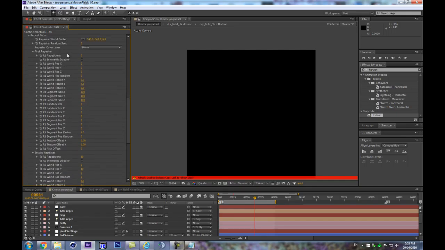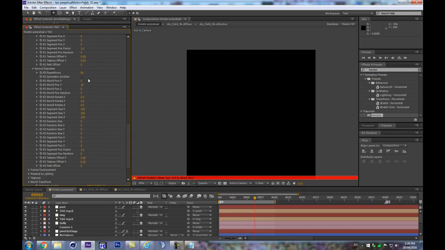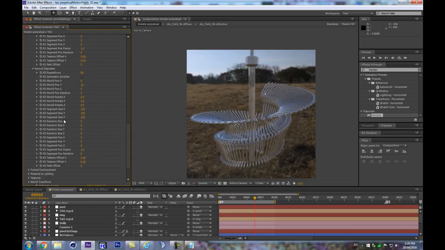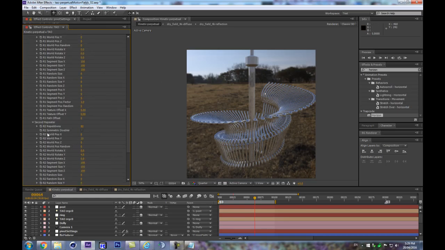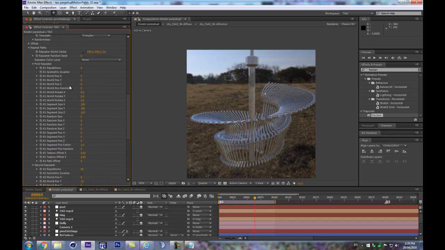But if we did change other stuff, we would translate them onto here, and now we can hit caps lock once again, and we get the exact same thing back. But now we don't have it from the first but from the second repeater,